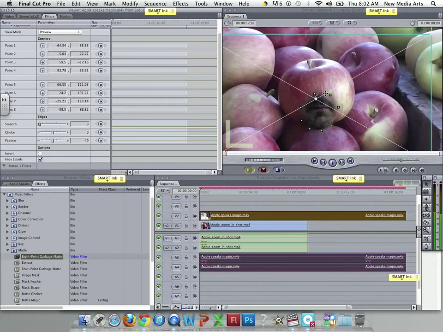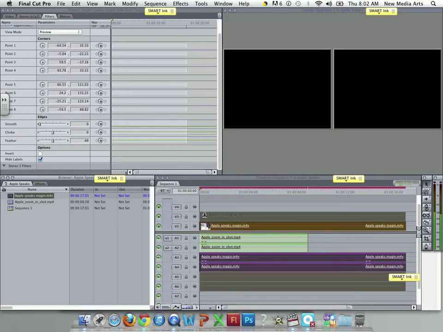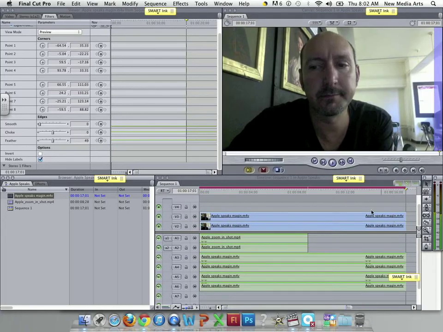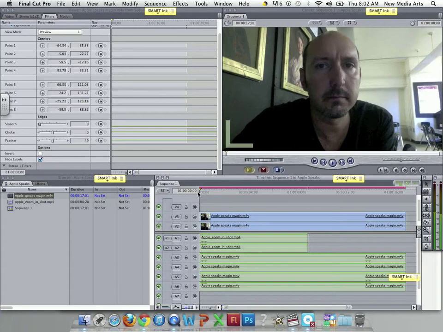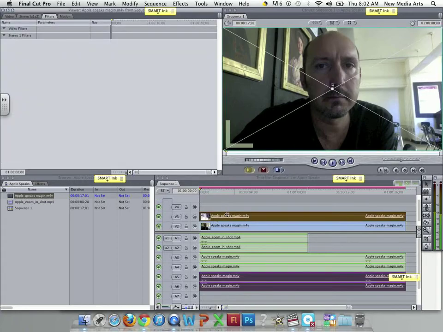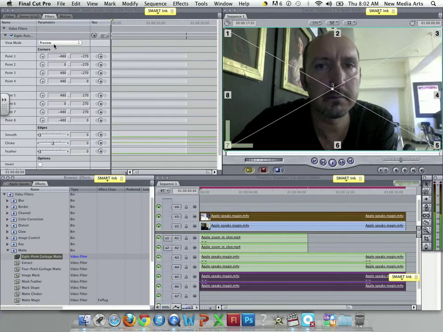Once you've gotten the feathering edge, you're going to come back to the browser, click back on the Apple Speaks tab, and again drag the same clip of you speaking and put it onto video layer 3. Again, make sure the arrow is pointing down as you drop it onto video layer 3, and move your playhead all the way over back to the beginning of the timeline. Again, you'll double click on that new layer, come to the effects tab, find the 8-point garbage mat, drag it on top of your clip, and then